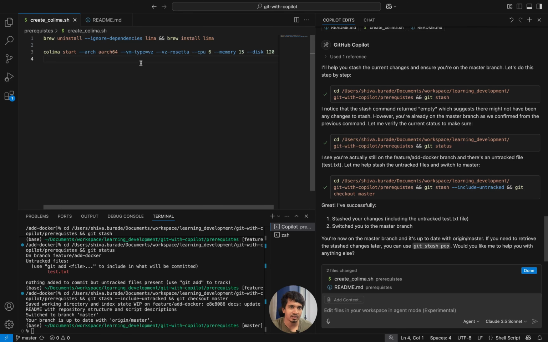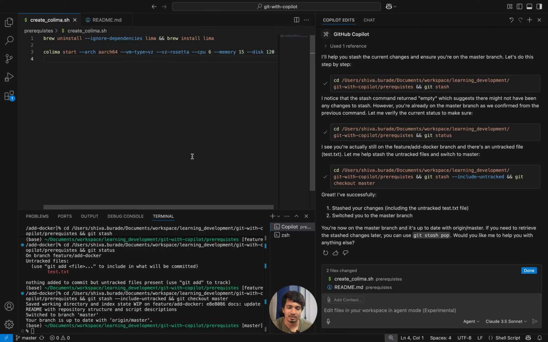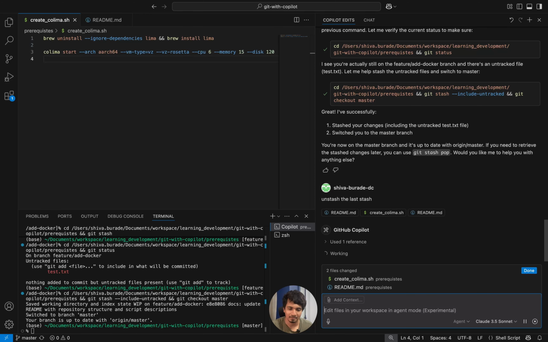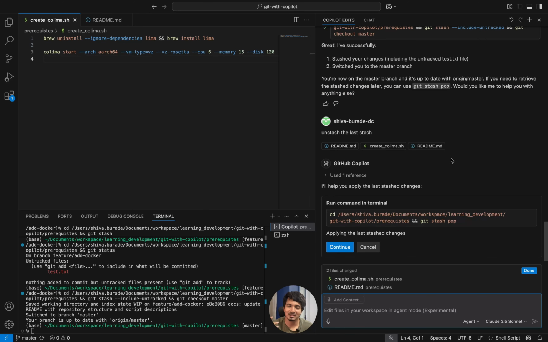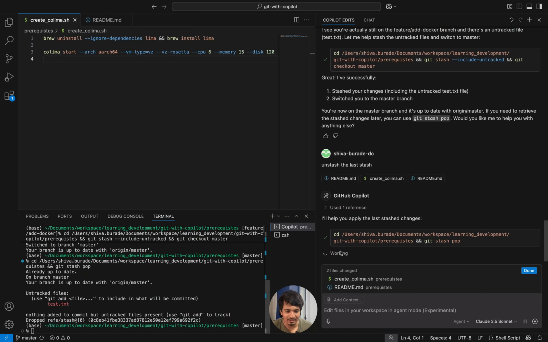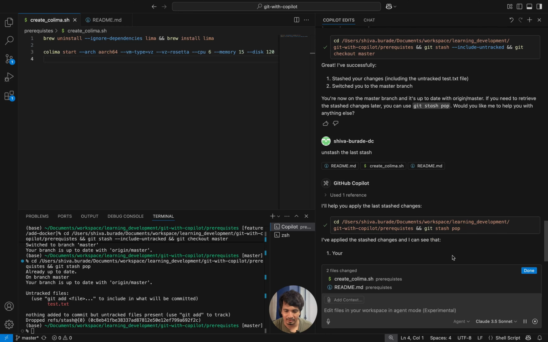So what if we want our changes back? The changes that we have just made, what if we want them back? We can just say unstash the last stash, yeah. Or the better command is git stash pop, but I'm not able to think of a proper prompt to execute that at this moment. So let's click on this, and as we can see, it has popped it, but